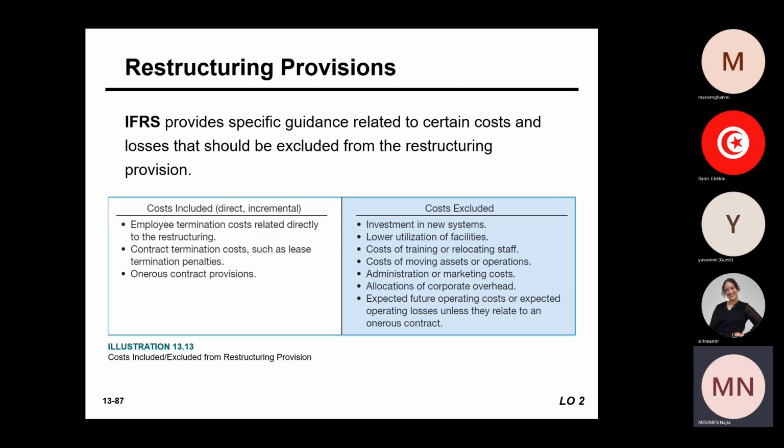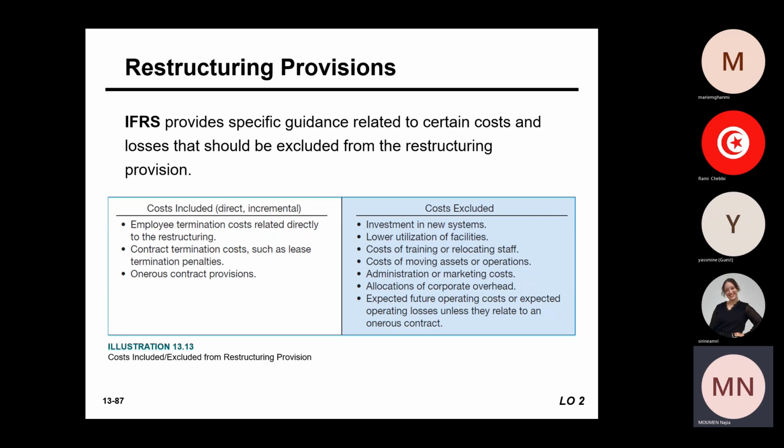Why? If you try to find the answer, it is simply because a restructuring provision is, let's say, a blurry provision or liability. As a firm, if I don't have this restriction, I can bury every cost or disbursement or any expenditure within that provision. And of course, that is likely to be inflating our liabilities and also inflating my expenses and so on. For that reason, of course, IFRS provides strict guidelines regarding what should be recorded as restructuring provision.